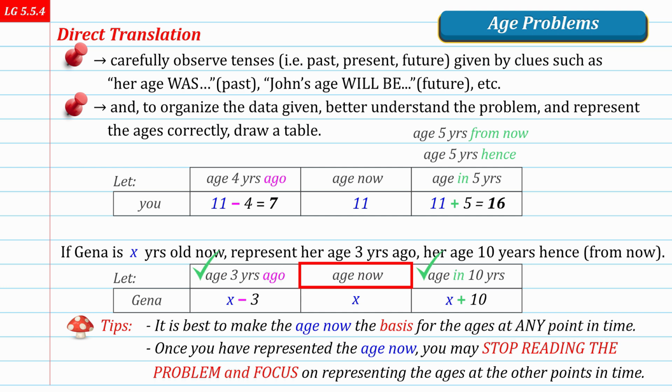This prevents confusion later when you set up your equation. So the key to success is this table and the central variable, the present age variable. Master this representation and setting up the final equation will be easy. Practice creating your tables and you'll solve any age problem.